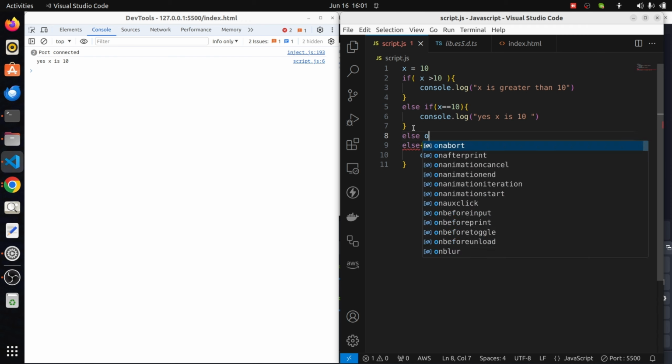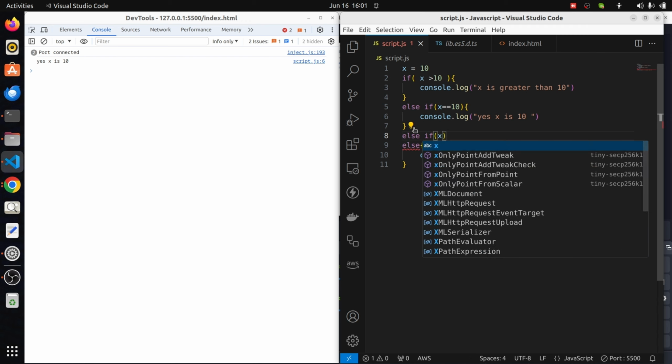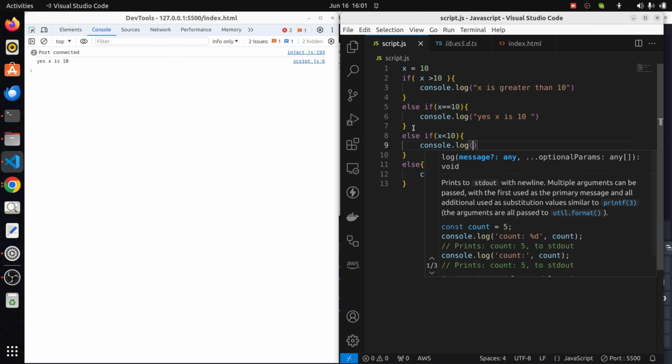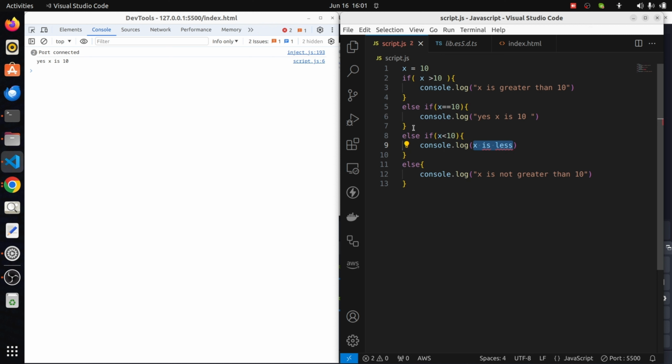Coming down here, I can say else if x is less than 10, console.log, in a string, "x is less than 10". Good. So I can put x as 5, and as you can see, x is